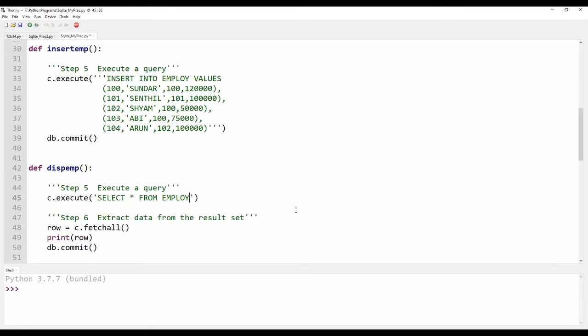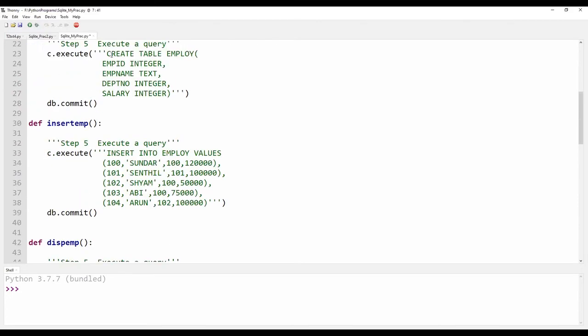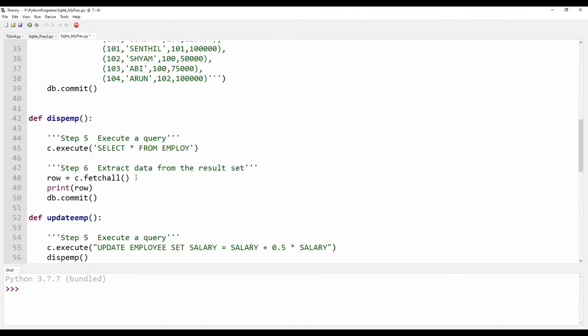In order to extract the data present there, step number 6 is to extract the data from the result set, for which I need a method called fetchall.